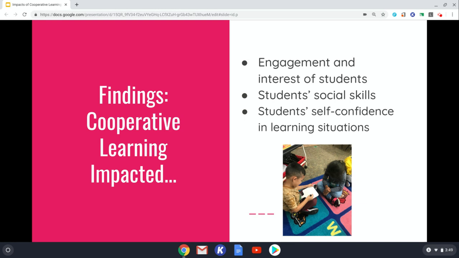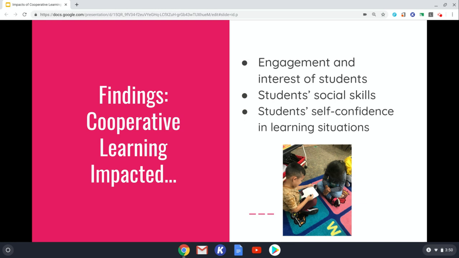I took note of more and more eye contact between students when interacting and positive facial expressions like smiling and nodding. Students could also recall what their partners had talked about, which showed me good listening skills. Students also did well with turn taking when working with others, and this picture shows students waiting and taking turns during the Rally Coach structure. So this was a big thing for us in kindergarten, to practice taking turns and being patient.